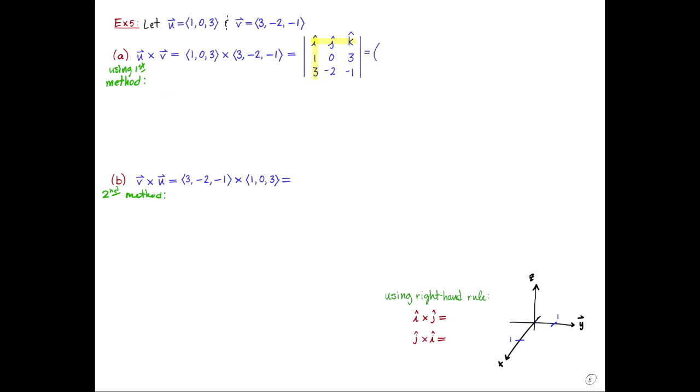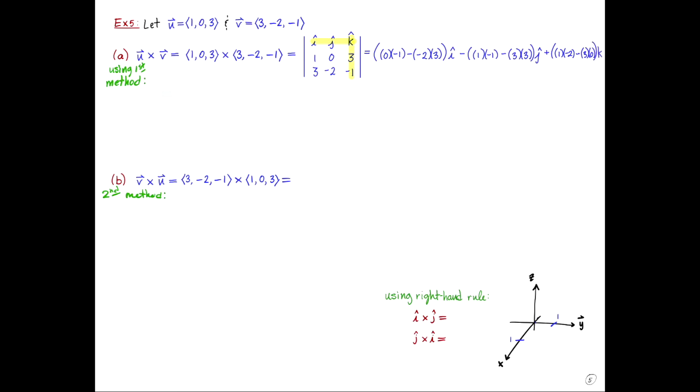We have 0 times negative 1 minus negative 2 times 3 times i, minus, looking at our j component, the product of our down diagonals is 1 times negative 1 minus the product of our up diagonals, 3 times 3, times our j component, plus, looking at our k component, we have 1 times negative 2 minus 3 times 0